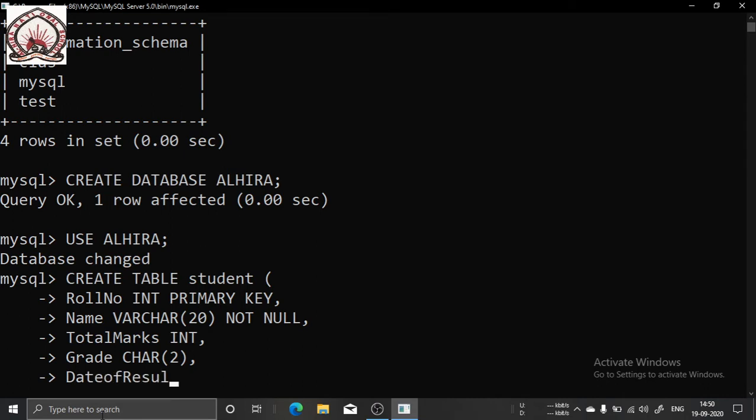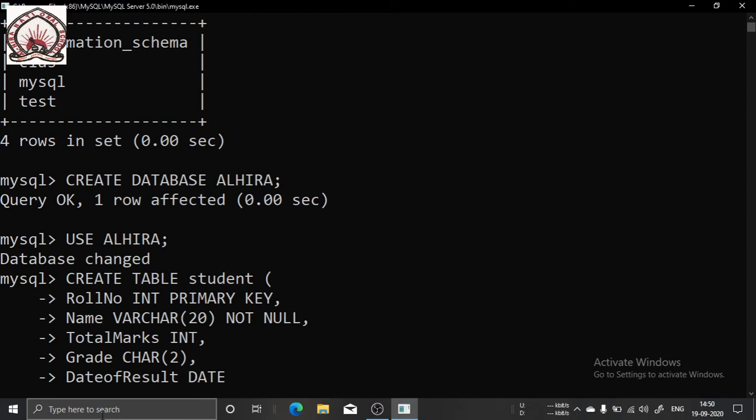Now you may be asking, sir, why you could not have given a space in between total marks, roll number and date of result? Because if you give a space, it will become a different one. So without space I am giving. Date of result, data type is date.